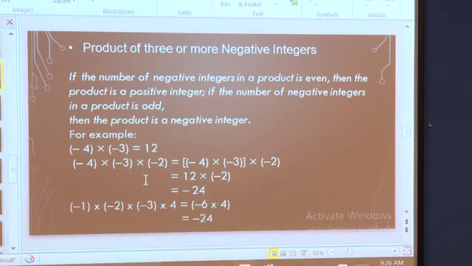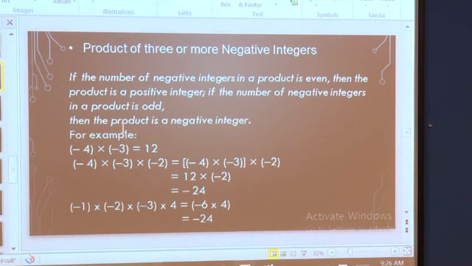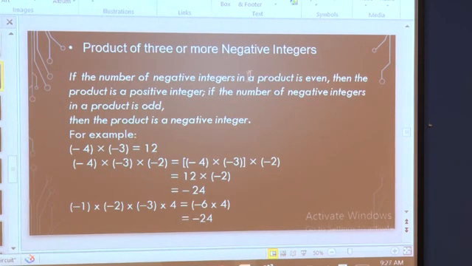So I think everyone understood what the simple trick is. I will explain again. When negative integers are multiplied an even number of times, we get a positive integer, and when negative integers are multiplied an odd number of times, we get a negative integer. So in short, when it is an even number of multiplications we get positive integers, when it is an odd number of multiplications we get negative integers. Yes, I think everyone is clear about this. You can write your own integers and do the multiplications.